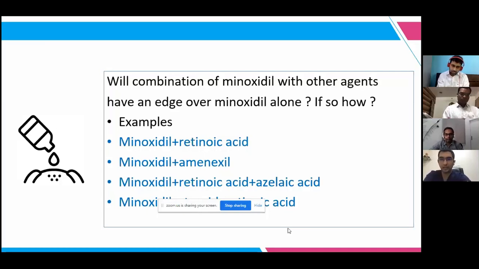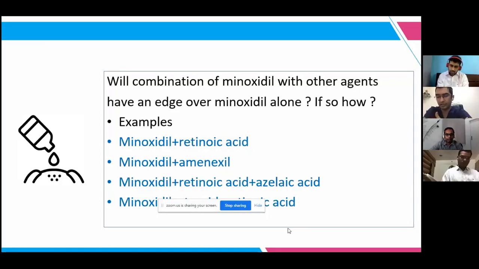So I'm not a very big fan of the combination, especially when the patients are not willing to take finasteride. Recently, I've started using a minoxidil and finasteride combination. Or else, some patients have already visited a previous dermatologist and have been using minoxidil for quite a good time and are not happy with the result. Then I may try to utilize, along with minoxidil, retinoic acid and a steroid preparation, one available in the market. I don't know whether I'm allowed to say the brand name or not, but I prefer that one, that particular molecule.